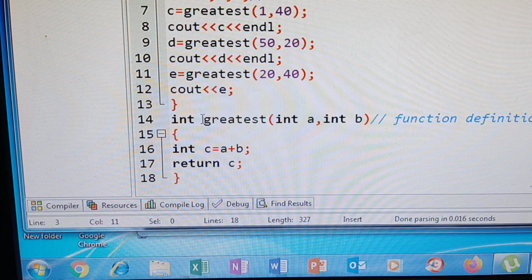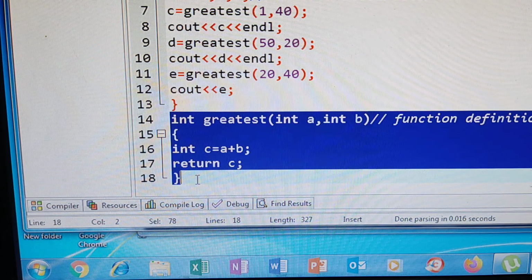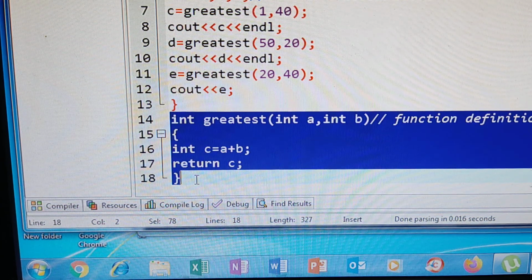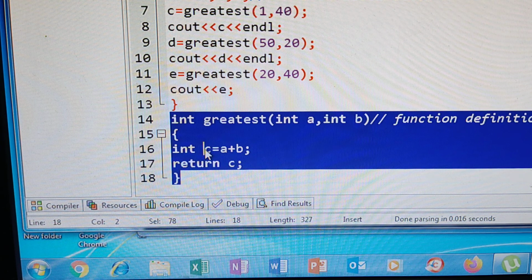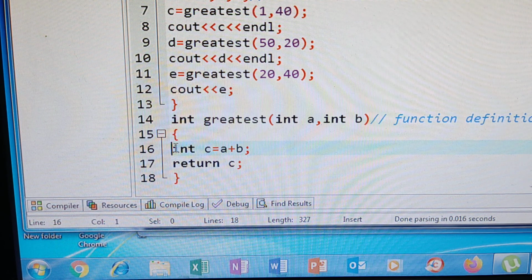Next, the second one is the function body. As already explained, a function is a block of statements, and a function is written to perform some specific task. Here I have written a function to calculate the sum of two numbers. That is the purpose of the function. So whatever you write when creating a function, whatever you want from the function, is nothing but the function body.